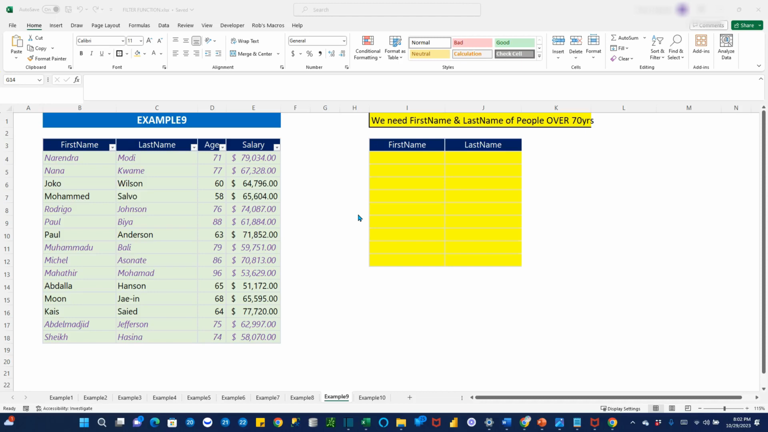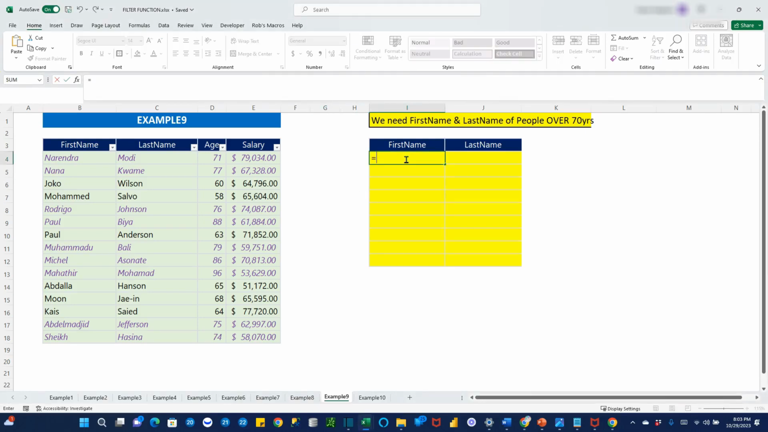In this example, we are going to look at the filter function again, but instead of returning all the columns of the source data, we are only going to return 2 columns. Okay, so in this example, we need the first name and the last name of people over 70 years. All along, we have been filtering all columns with a single function, but with this one, we just need a couple of columns, which is just 2 in this case. So I'm going to start writing the formula. So it's going to be equal to filter,